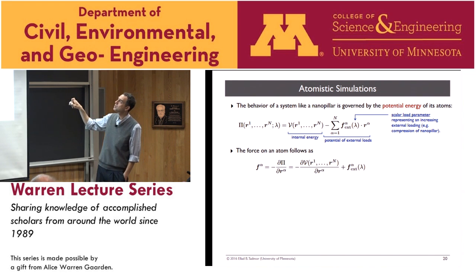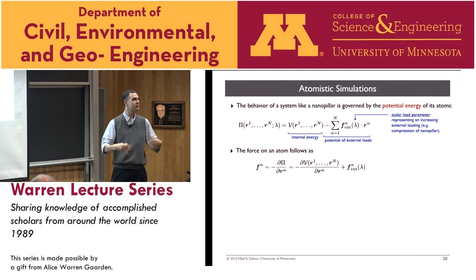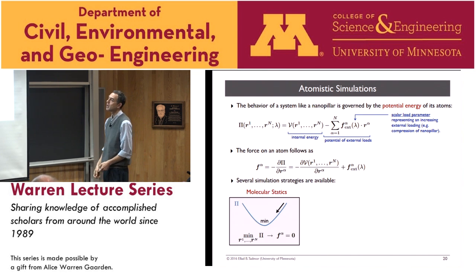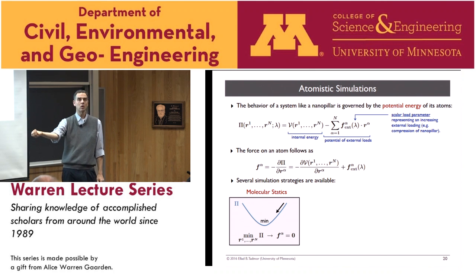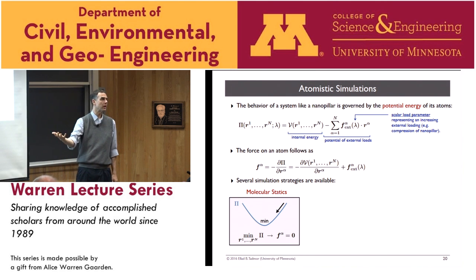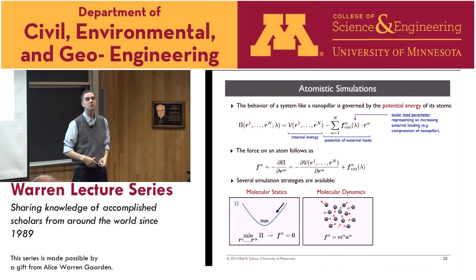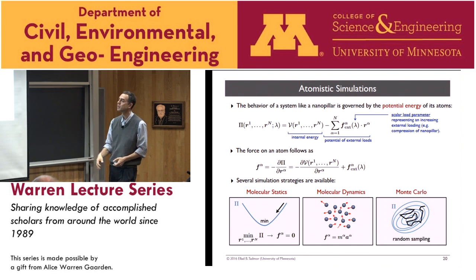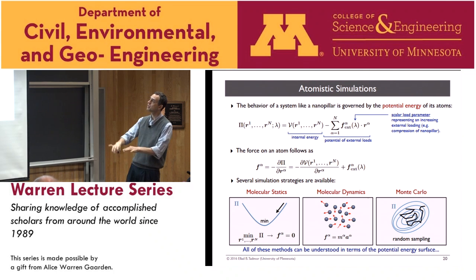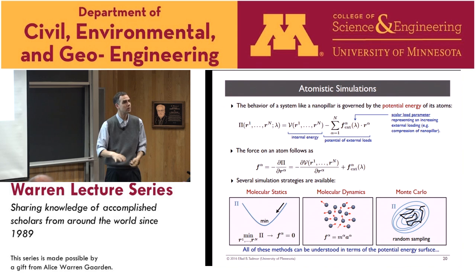Now, if you have this potential energy, the gradient of that potential energy gives you the force on the atoms, and then you can do atomistic simulations. This is basically the whole field of atomistic simulations, to compute these forces and do something with them. And you can just minimize those forces and look at configurations, static configurations. That's molecular statics. You can solve F equals ma, Newton's equations for all these particles in the system. That's molecular dynamics. Or you can do some sampling techniques like Monte Carlo. Now, all of these methods can be understood in terms of the features of this potential energy landscape. They're all basically exploring that energy landscape. That's what they're doing. They're different ways of exploring.